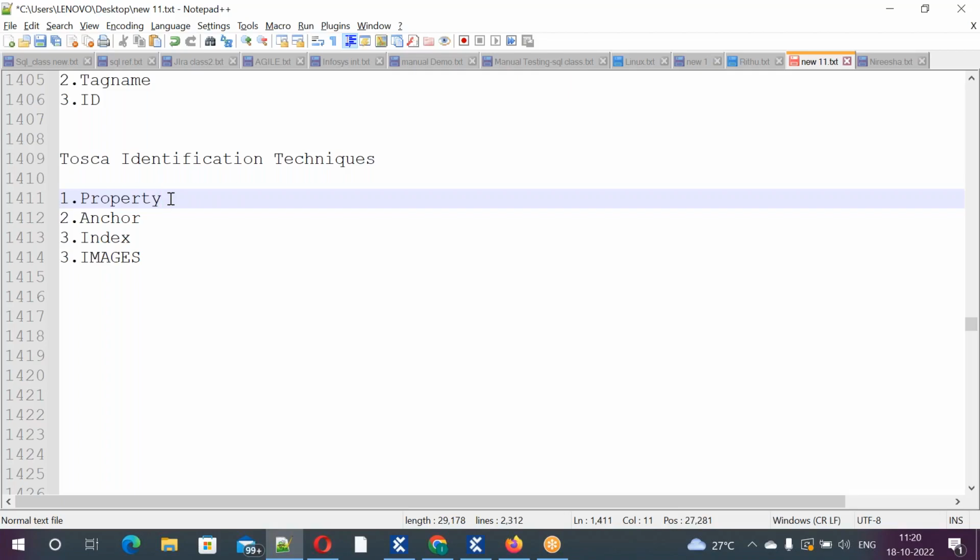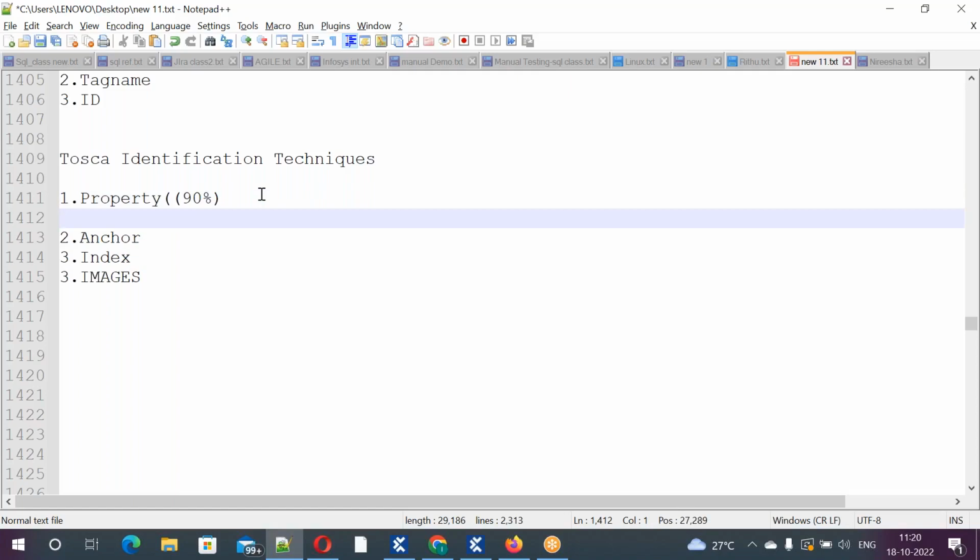So 90% of the elements Tosca can find out by using identification by property only. Tosca can find out 90% by using identification by property only. Okay. Next one. When you want to go with anchor, guys, when you want to go with anchor,